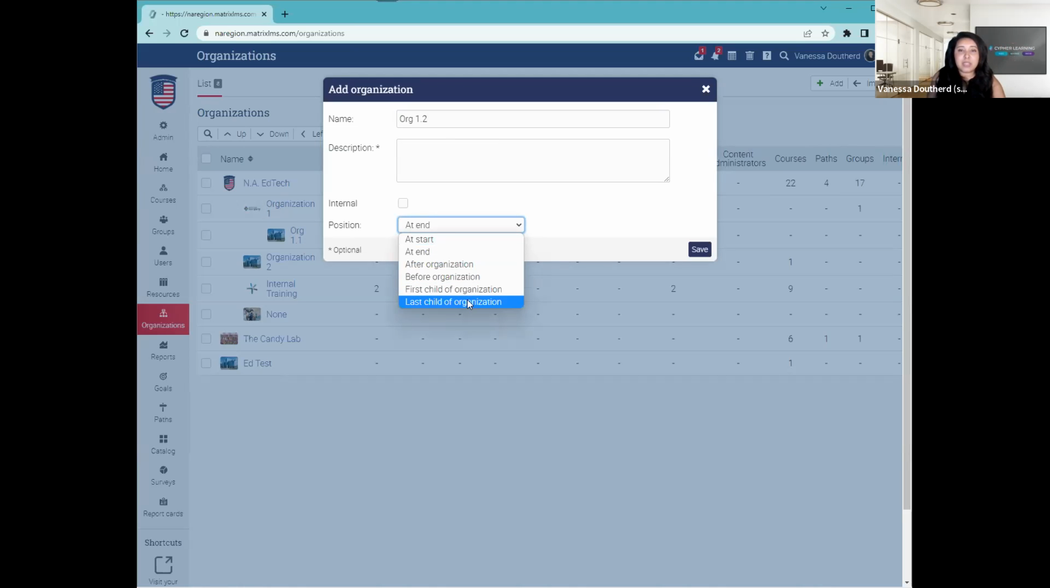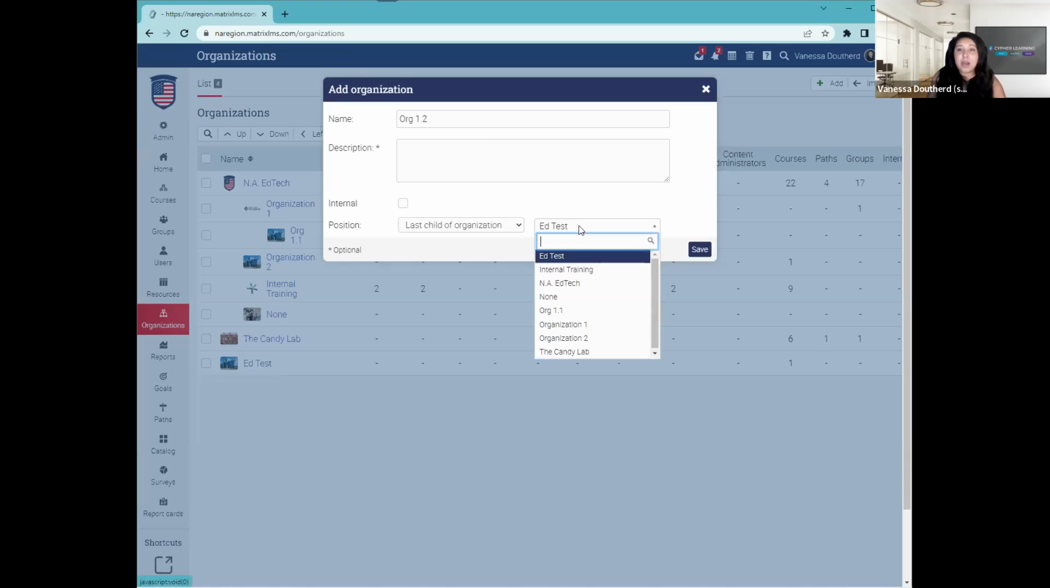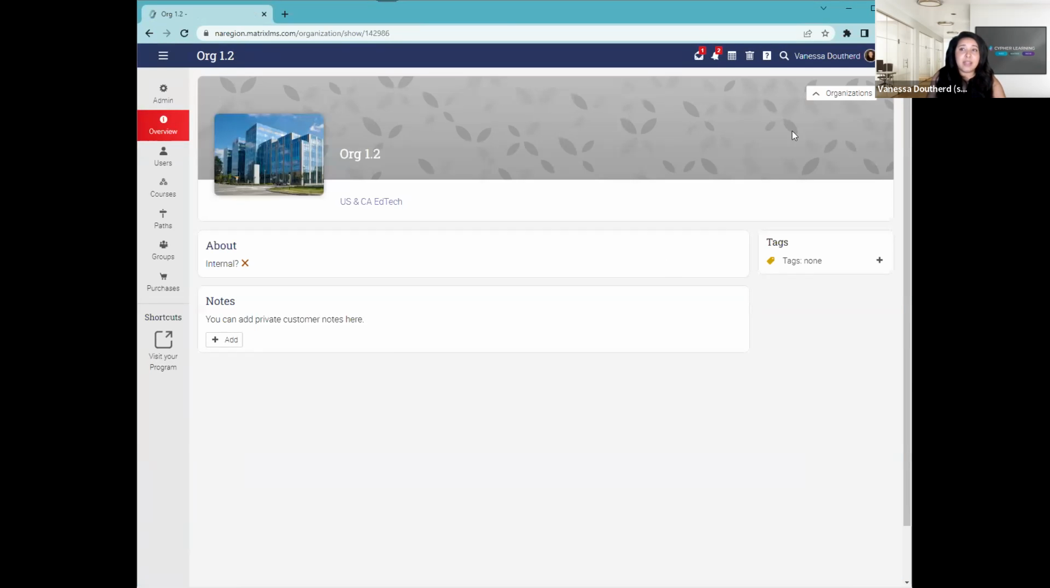So I'll go ahead and put this as the last child of, and then it will let you either type or choose the organization that you're trying to target. So I'm targeting organization 1. I'll go ahead and click that. We will save. And then coming back to the list, because this is the profile page for organization 1.2,